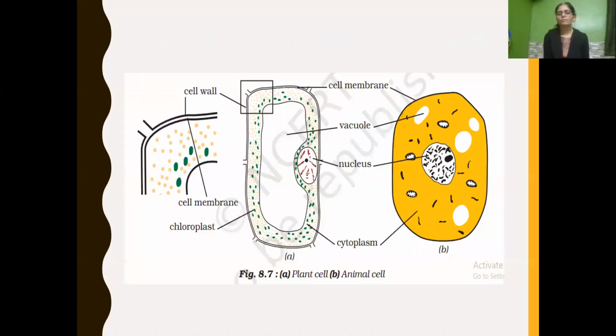And if you see the figure here, A shows the plant cell, and B is the animal cell. You can see the rectangular shape of the plant cell, and the animal cell is somewhat round in shape. The outermost layer of the plant cell is the cell wall, which surrounds the cell membrane, but in animal cells, the cell wall is absent. The outermost covering of the animal cell is the cell membrane, but the outermost covering of the plant cell is the cell wall around the cell membrane.